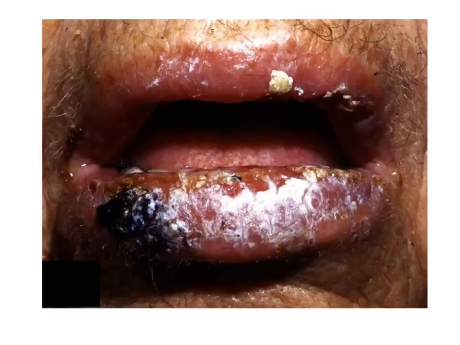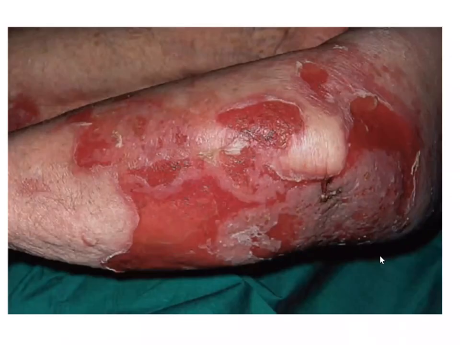Here you can see this patient's oral mucosal involvement, including the lip, eroded areas, and here on the skin you can see large areas of erosion. Usually only a few blisters will be intact because they are easily broken off due to the thin roof of the